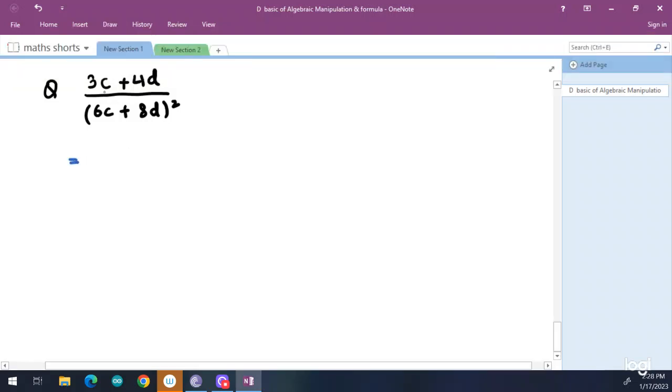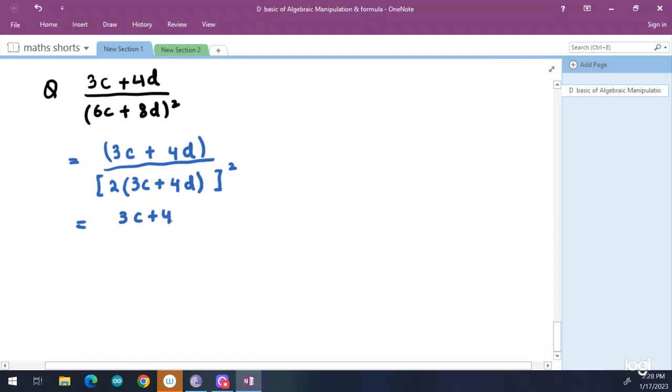What we will do, you can see this is 3c. All students are not that intelligent to think like that. That's the reason I use the basic method. So you can see, I'm just taking these brackets here. You can see here 2 can be taken as a common. Then we will take 2 as a common. What we will get? 3c plus 4d. Okay, this square is on this and this square is on this as well. So that is 3c plus 4d over 2 square times 3c plus 4d